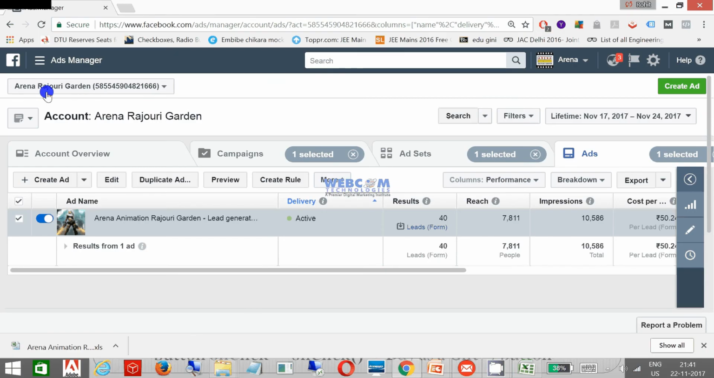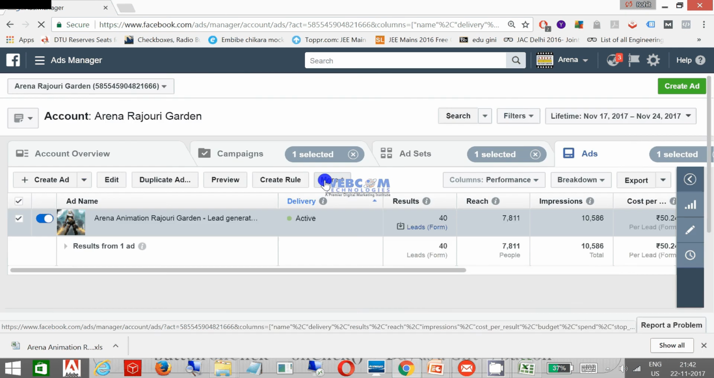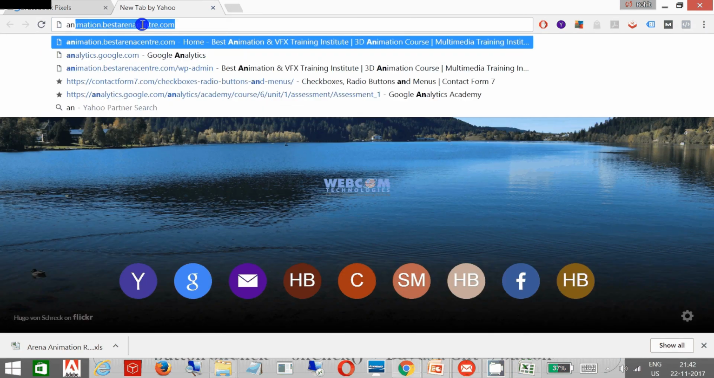Now, you can view the pixel by clicking on the Pixel option in the Ads Manager. Once you are in the Ads Manager, click on Pixel. I have already configured the pixel. How can you check it? I will show you the landing page